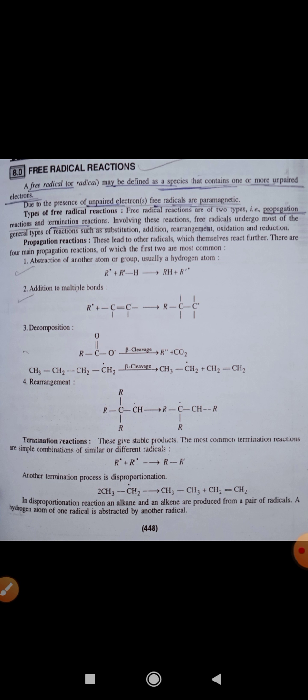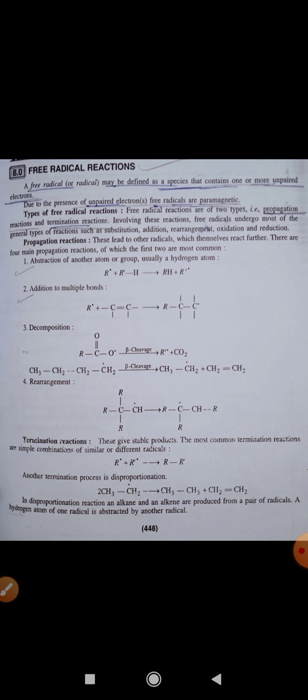Today let us see a topic from Organic Chemistry Unit 3, Free Radicals. You know the free radicals are the species that contain one or more unpaired electrons in their outermost orbit. That means they have a tendency to make a bond with another species with the help of sharing of electrons.